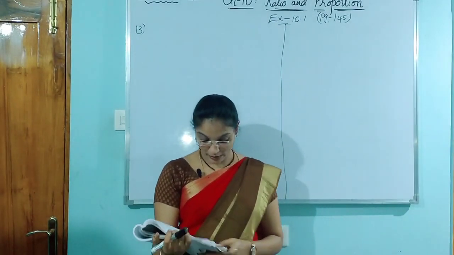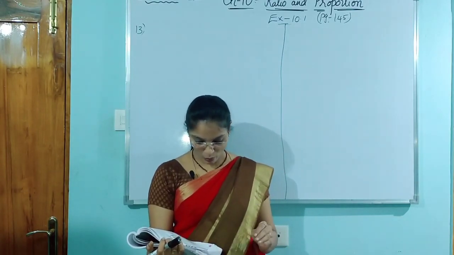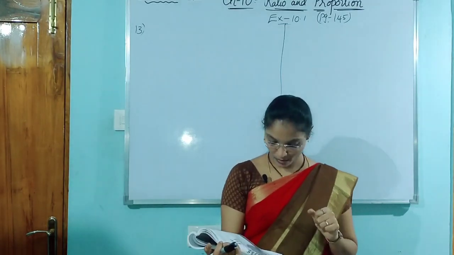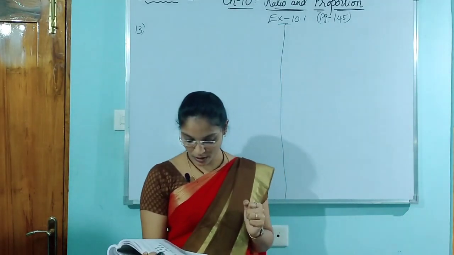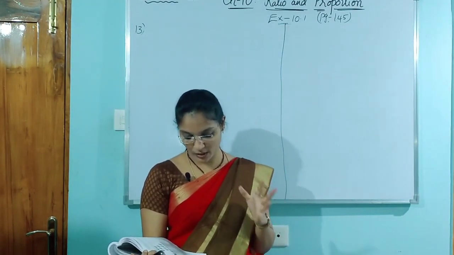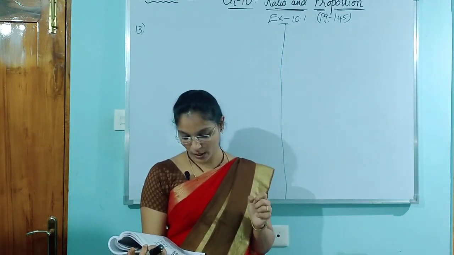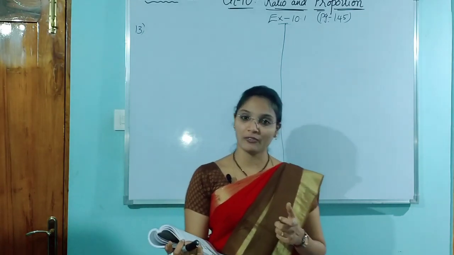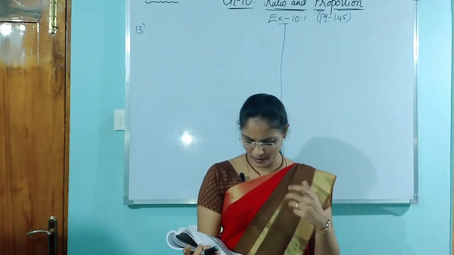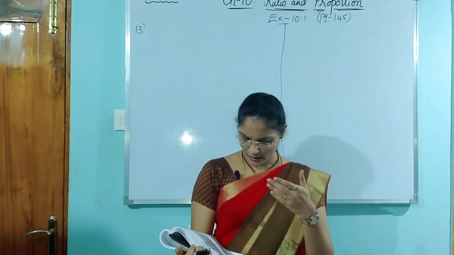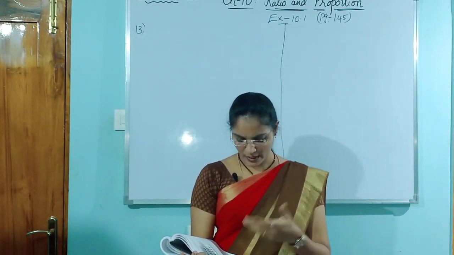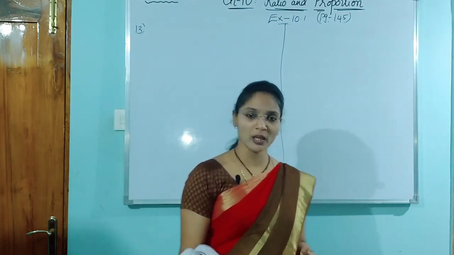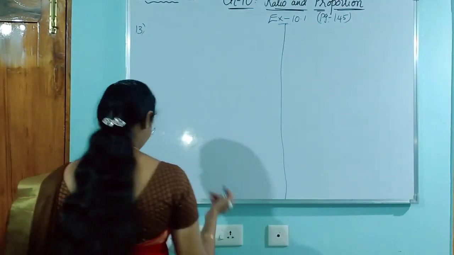Now the 13th question. I'm reading, have a look. Divide 30 chocolates between Ammu and Shaila in the ratio 2:3. There are 30 chocolates. If Ammu and Shaila share those 30 chocolates in the ratio 2:3, how many chocolates will each one get? We have to find it out. The same way as the 12th problem, they gave the ratio and data. With the help of the ratio and data we have to find out the remaining. Now let us find it out.